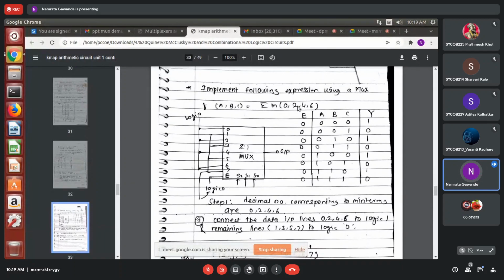But only a few min terms are present, which means those min terms should be connected to logic 1, and the rest of the min terms should be connected to logic 0. Right? Now, if this particular select line is 0 0 0, what will be the output? The output should be 1. Why not 0? Because it is connected to logic 1, and indirectly I can say that it is also present in the expression. Because it is present in the expression, it is connected to logic 1.